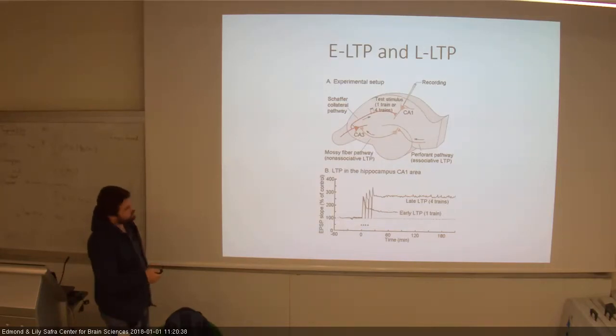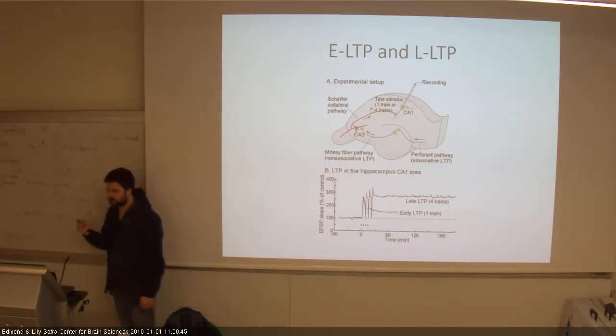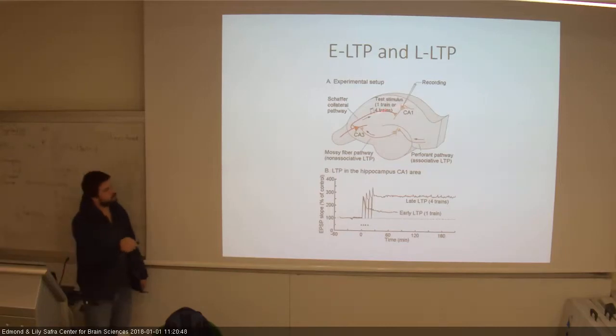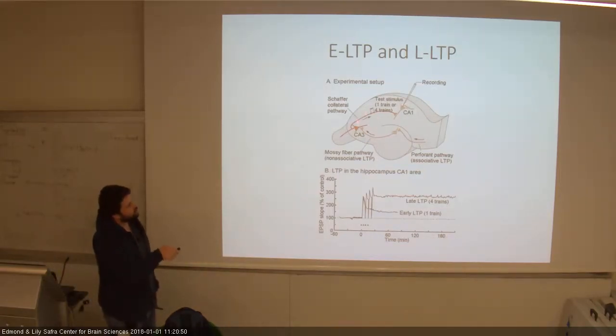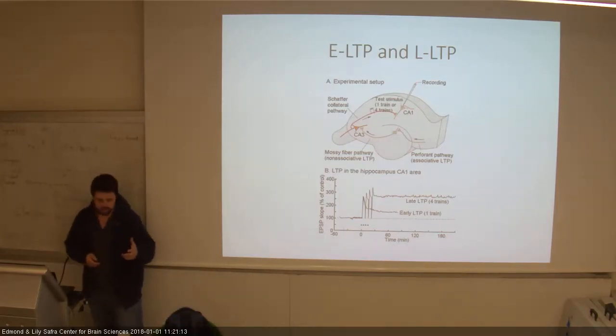So what exactly did they do? This is their experimental setup. Back in that time, it was a very classic experimental setup, because this whole loop of the hippocampus is very well known, the connection between all the different types of cells is very well known, and you can put an electrode that sits on the Schaffer collateral, stimulate here, and then record from cells that are sitting in this layer called CA1 of the hippocampus. So it's a very classical paired pulse